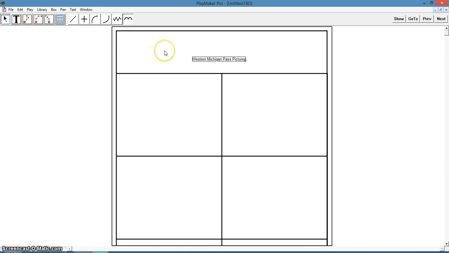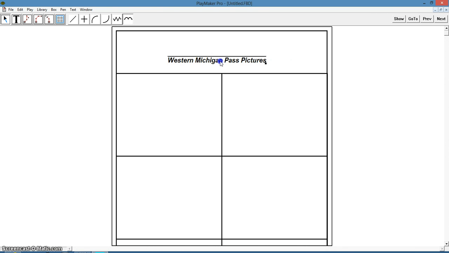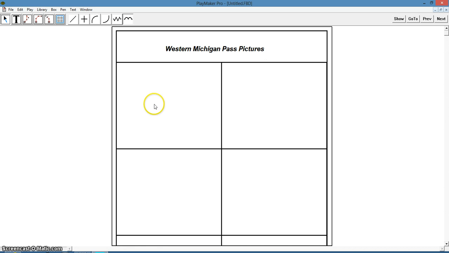But that's obviously a big box and a little text, so you can edit your text. I'm going to make it 20. I'm going to make it bold and italics. Again, bumping up the size, you might have to re-center it. And what I also might do is bring the boxes a little bit bigger. Alright, so from there